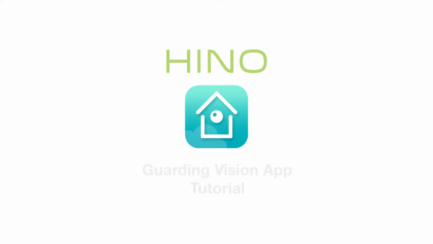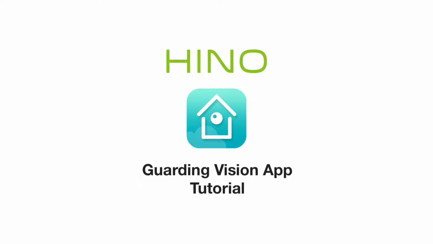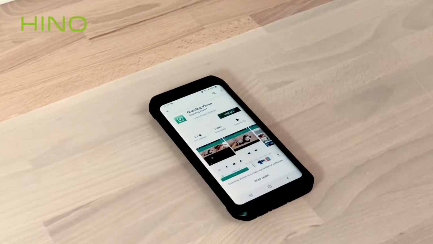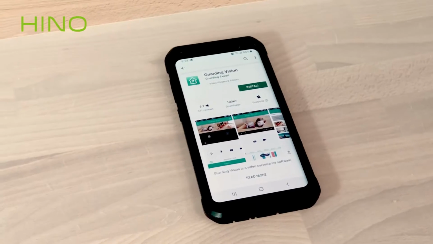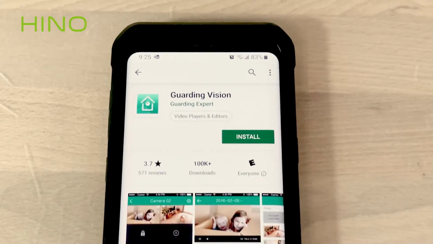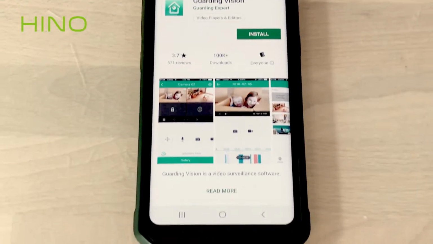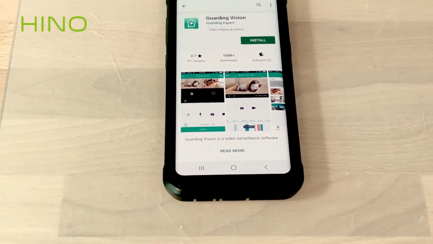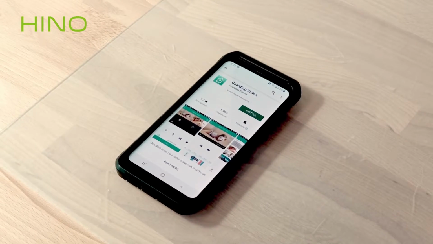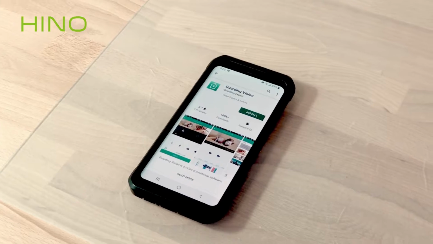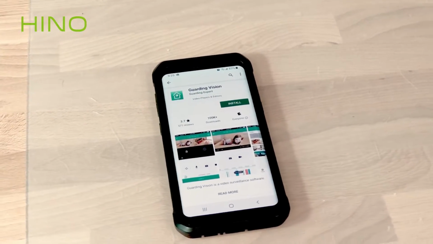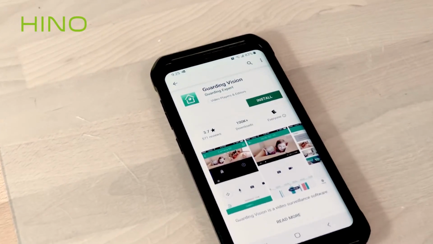Hi, in this video I'm going to show you how to use the Hinovision app. The Hinovision app is a cloud-based app, and when I say cloud-based, using this app we can monitor our security cameras over the NVR or DVRs or even just the cameras itself remotely, regardless of where you're located. And using this app, not just viewing is possible, but in addition to monitoring our security cameras, we